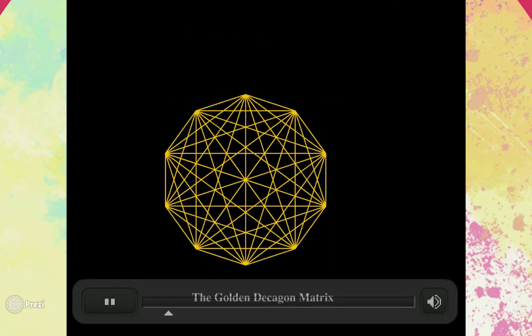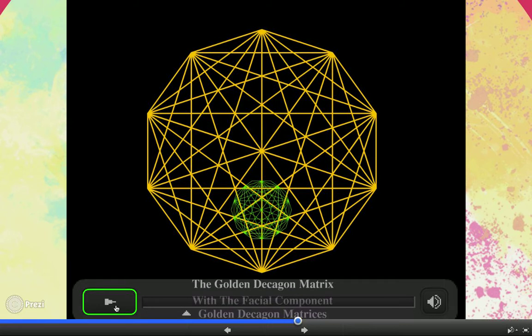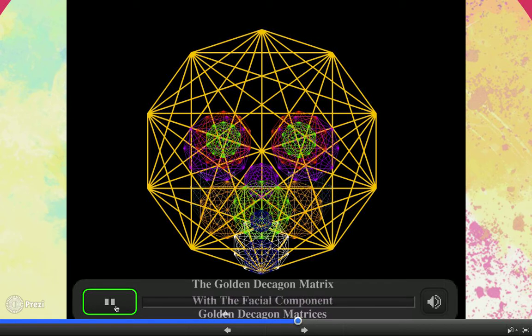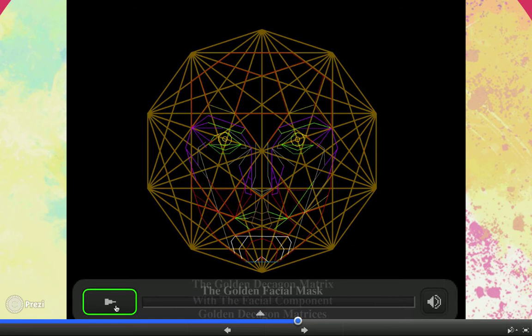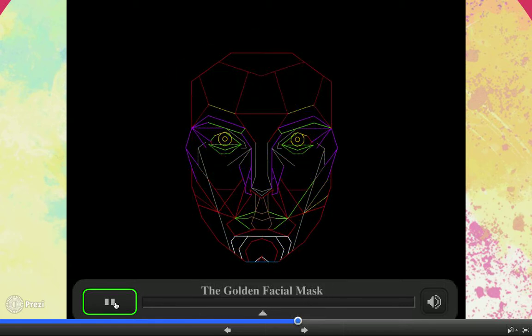So this is by Marquette. He made a decagon using the golden ratio. Then he placed smaller decagons like the one seen here in green and all the other ones that are now appearing on the screen to create a mask of a human face. When you remove all the pieces that don't intersect with the decagon, you actually create a mask, as seen here. And this would be what the final product would be.